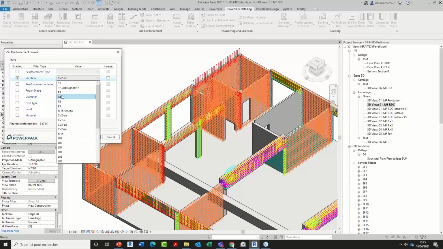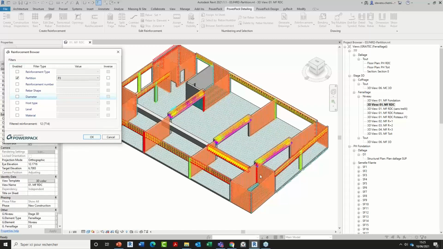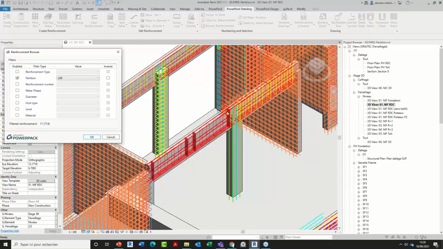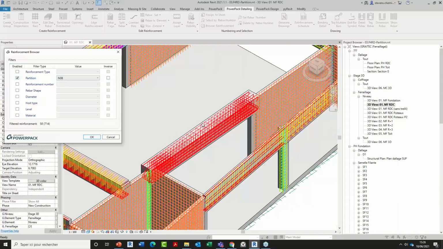Let me select, I don't know, a column. P3, I hope it's a column. Yes, I think it's this one. P1, for example, here. See, it's this one. 09. Here you see this beam as well. Here it's another element, you see, and 09.